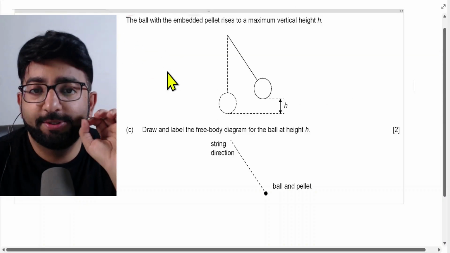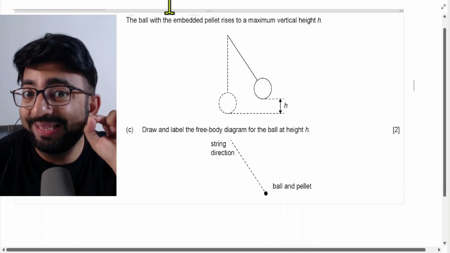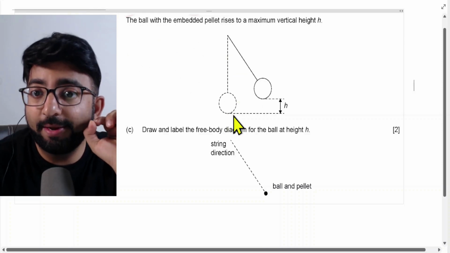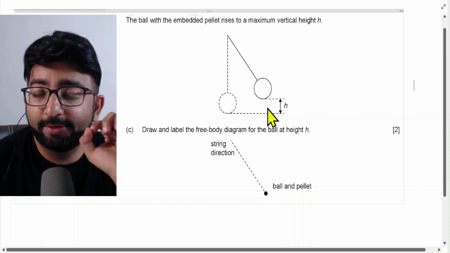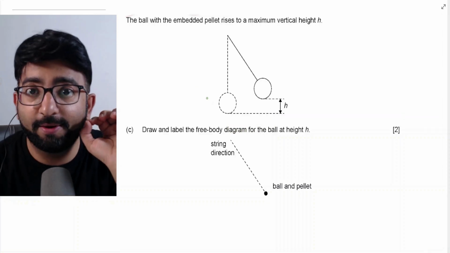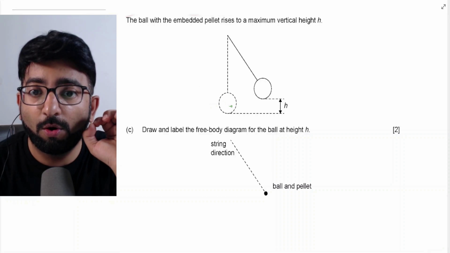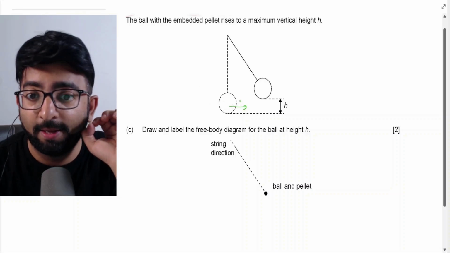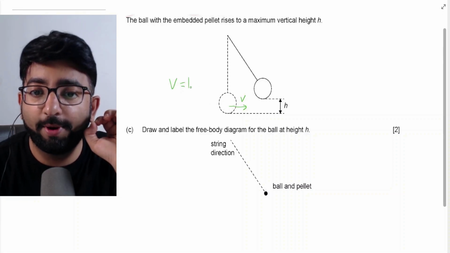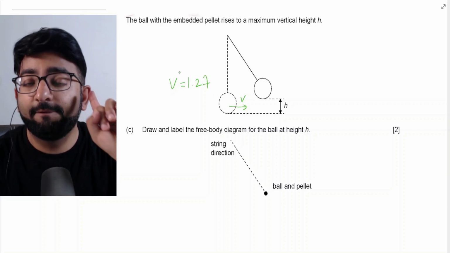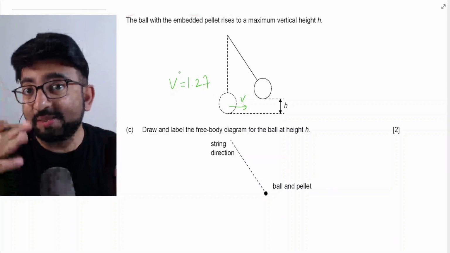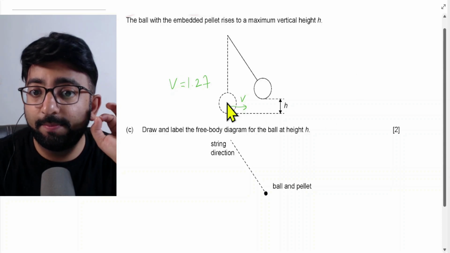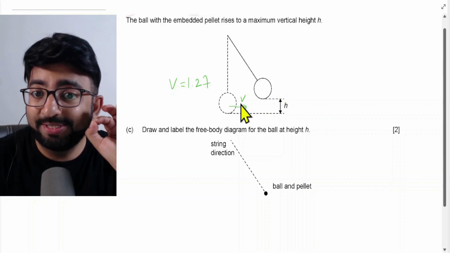In the C part of the question, it says that the ball with the embedded pellet then rises to a maximum vertical height h. So in the previous case, we had deduced that the velocity of the combined ball pellet system, that velocity v, was 1.27 meters per second. We had calculated that. Now, just after impact, the entire system is moving upwards. So since this ball